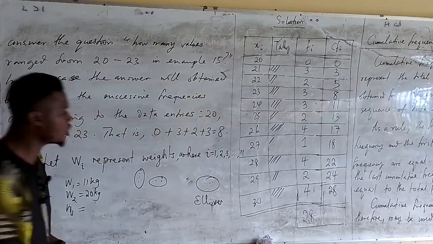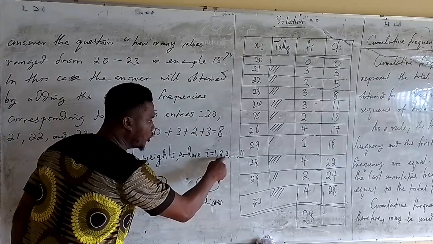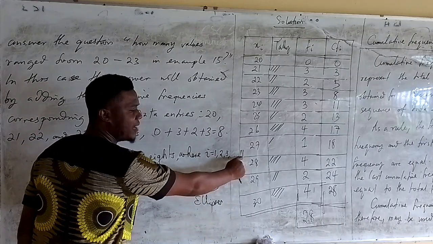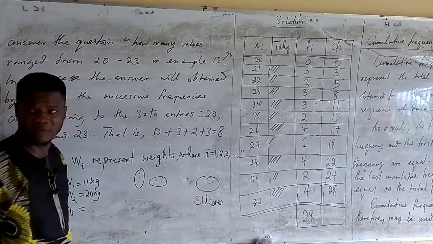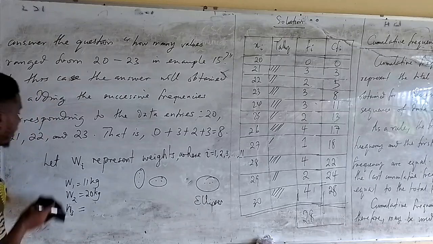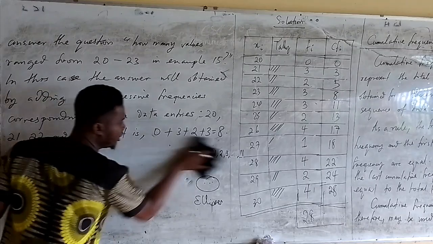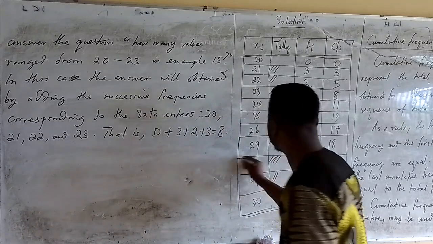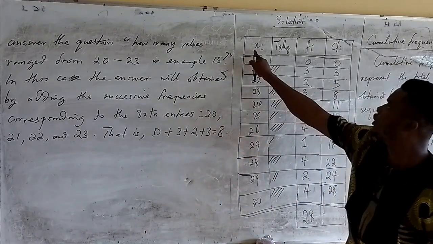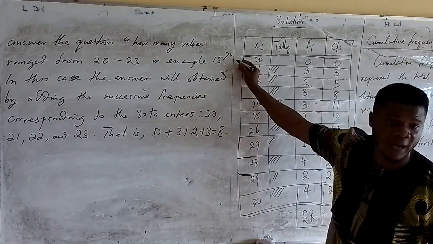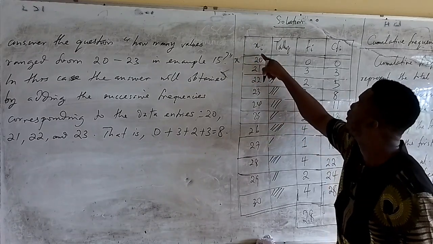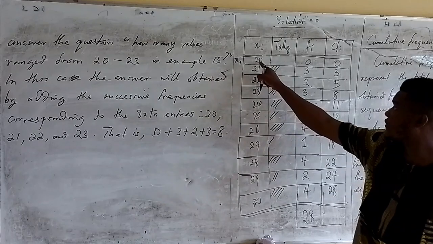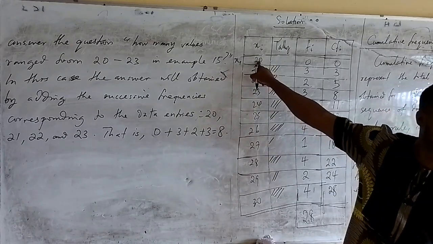Is it clear? So I have put 1, 2, 3 to show the pattern of the numbers, and I am ending it at 11 to show you that the number ends at 11. Is it clear? So in relation to this example, look at what is going on, because we are going to use it now. Now, this one is the first value. So it will be when I is 1. You see it? So this value 20 is the same thing as